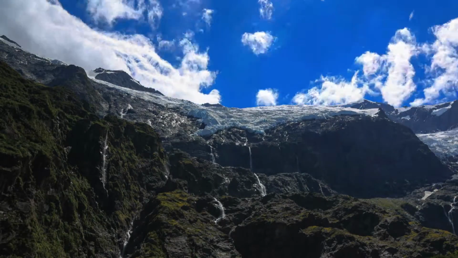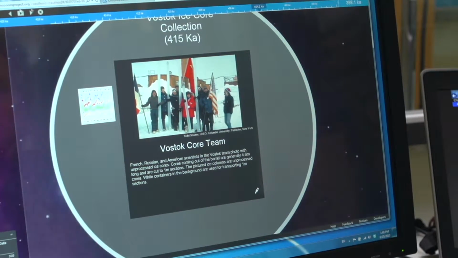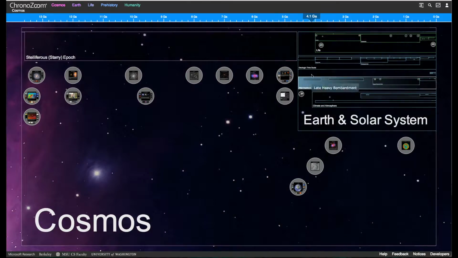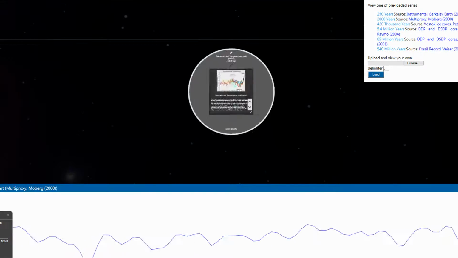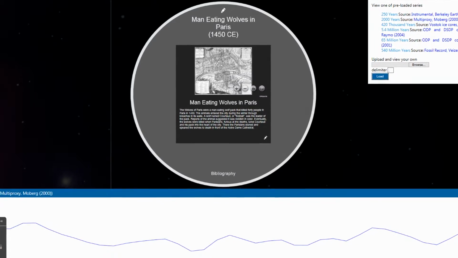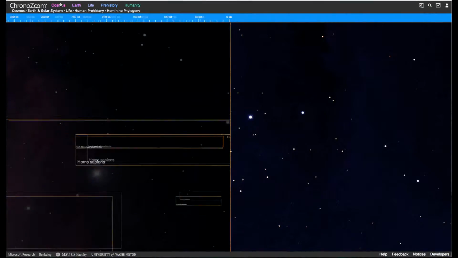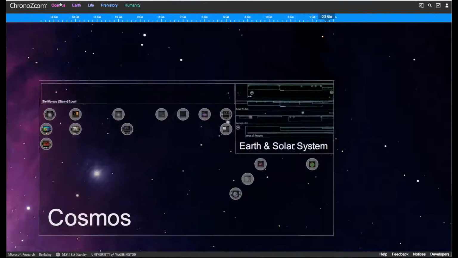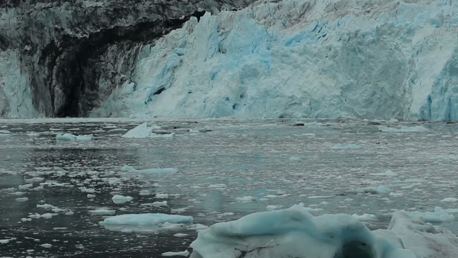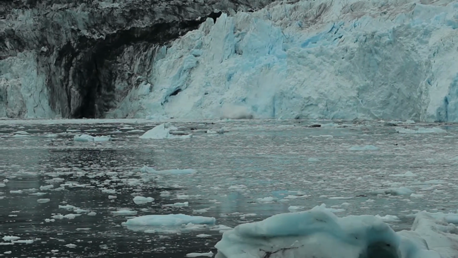In ChronoZoom, you can create little stories that you can drive yourself. You can explore a story I have to tell at any speed you want. You can skip over some details, or you can dive into some of those details. I hope other people will use ChronoZoom to tell their interesting story by uploading their own information, both data and